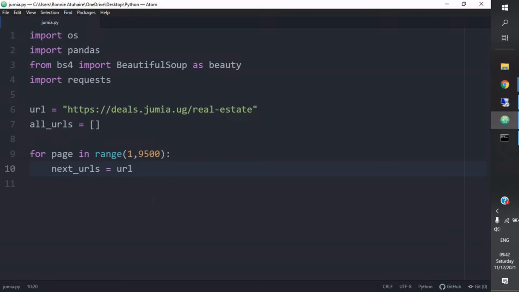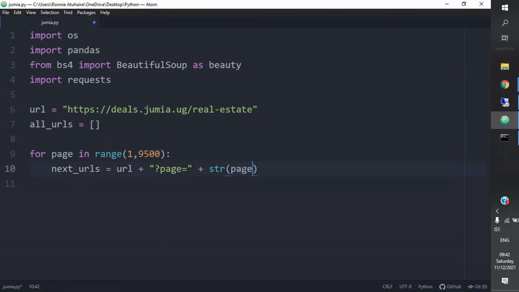So we shall now say URL. We have seen that we append this to a page, which is going to be asking page, with an equal sign, as we saw. Then our number that we're looking through is going to be a string of the page. For every page number in this range, which is an integer, we make it a string so that we remove errors